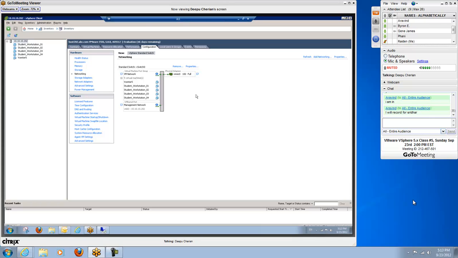So you should have a very clear understanding. I recommend you read about it and practice a lot also. So this is the networking tab in the configuration. You can see this networking